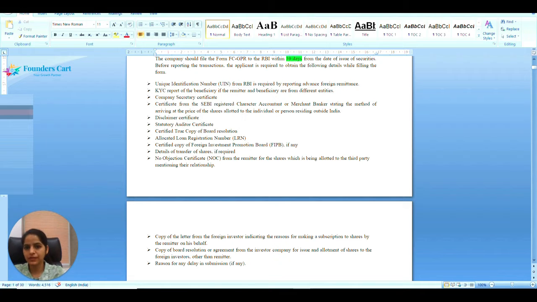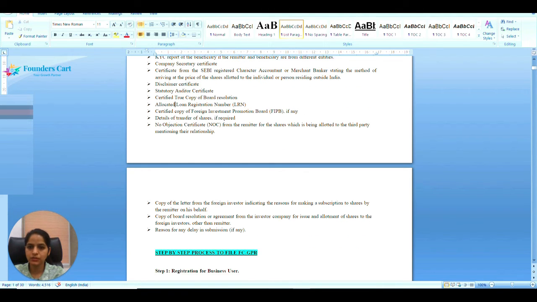Company secretary certificate. We have given the draft at the end of the sheet. Certificate from the SEBI registered chartered accountant. If your company is registered under SEBI, then your company needs to take this certificate. Otherwise, there is no requirement to take this certificate if the company is a normal private limited company or normal public limited company. Statutory auditor certificate, copy of the certified board resolution, allotment, loan reference number, registration number,